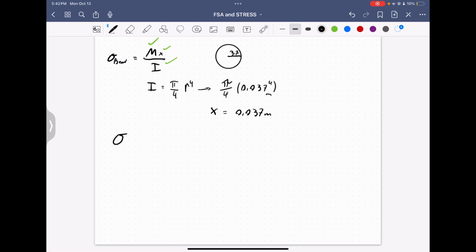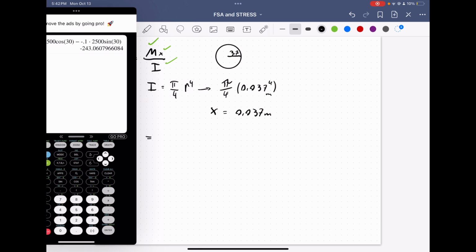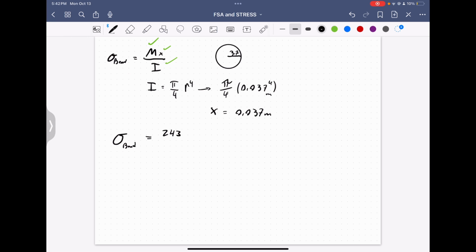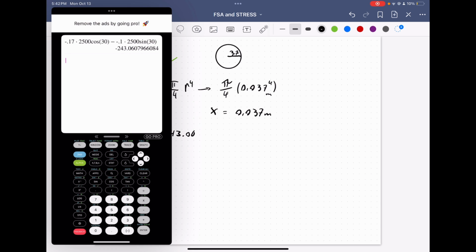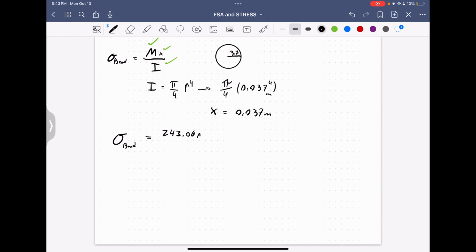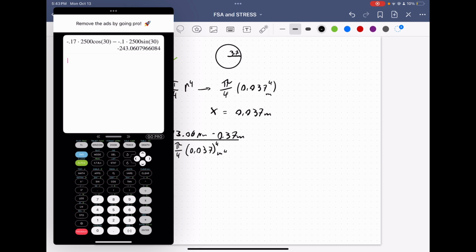So equals 243. I'm not going to assign a positive or negative yet because I don't know if I'm looking for S1 or S2. So I'm just going to put in that value. 0.6 Newton meters times 0.37 meters over pi over 4, 0.0374 meters for. And when we put this into the calculator,